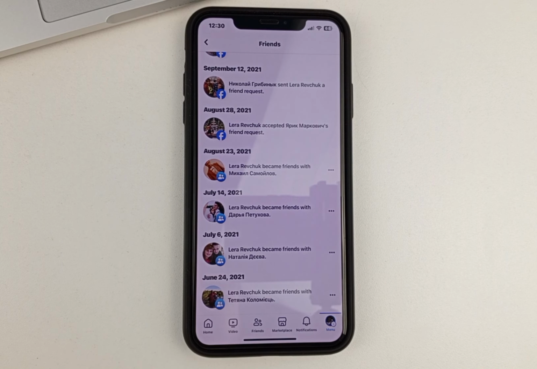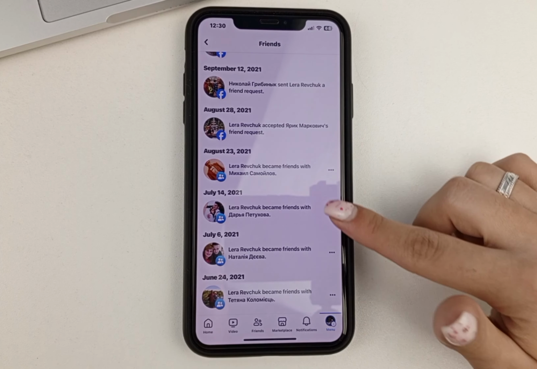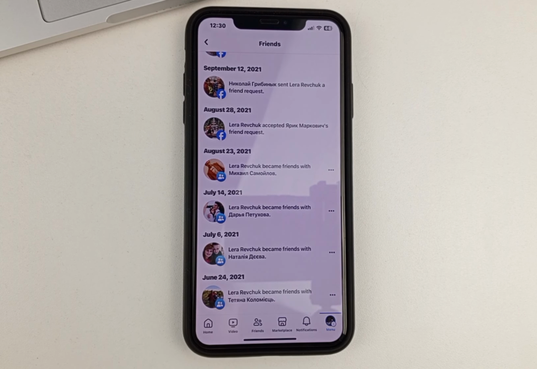You see this action happens immediately, instantly, and in order to remove many friends at once, you just do the same thing with all the people you want to remove. This way you can delete all the friends you want to delete at once. This is the most efficient and fastest method to get it done.